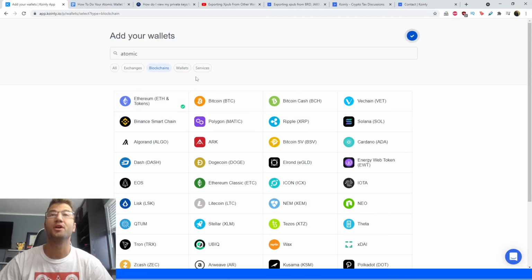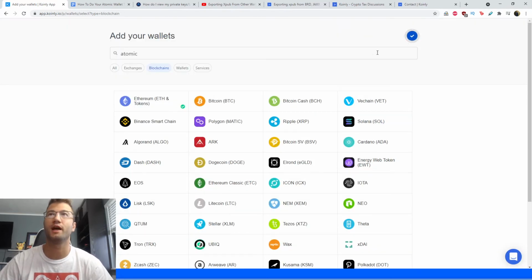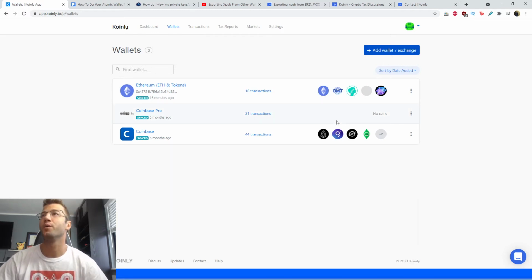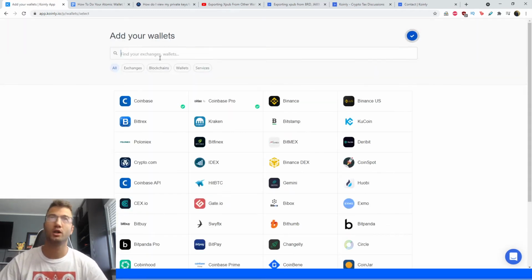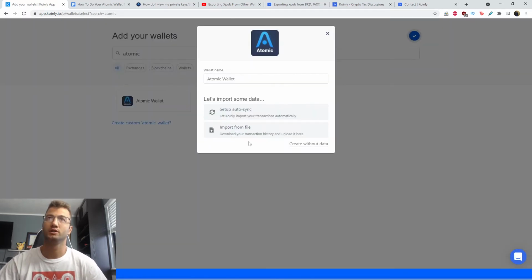Okay, so once you've copy and pasted that address here, you're gonna click import, and I've already done that. So on my account, I actually already have Ethereum here with ETH and tokens with the transactions and the various currencies I'm dealing with. Okay, so going back into add wallet, we're gonna go to Atomic, click Atomic Wallet, click